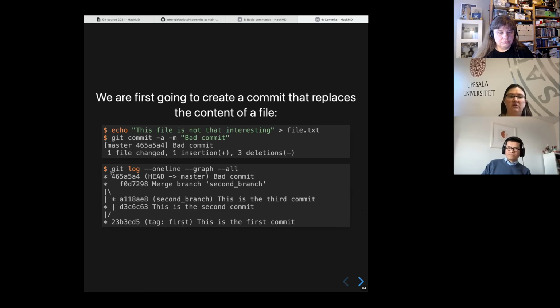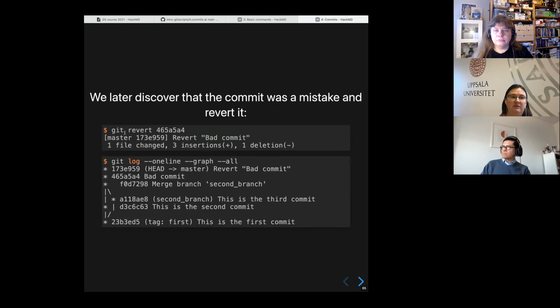So it's going to be a new commit after 46 and so on, but the files are just going to be the same as this commit here. So it just undoes everything what the commit 46 did. And the command for that is git revert,